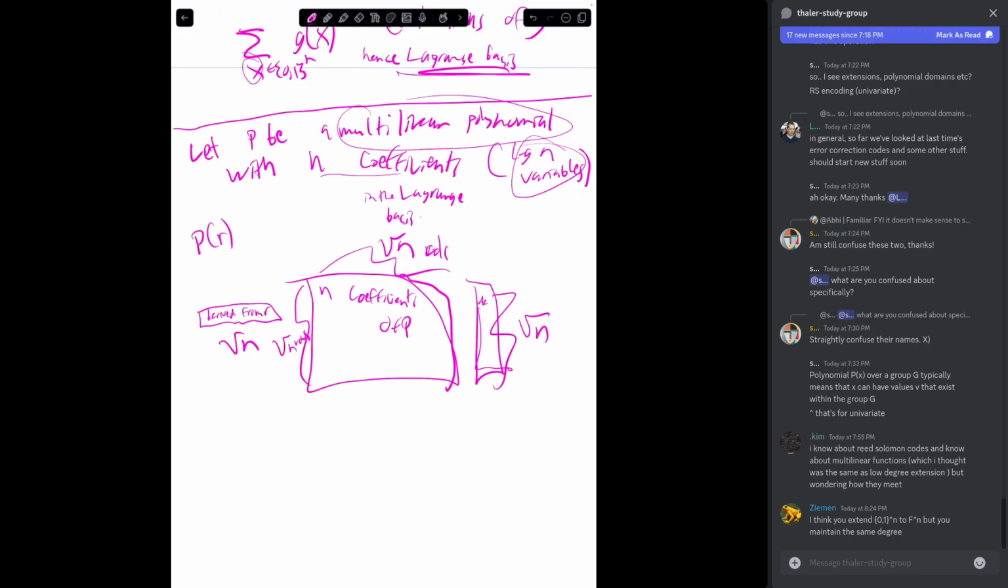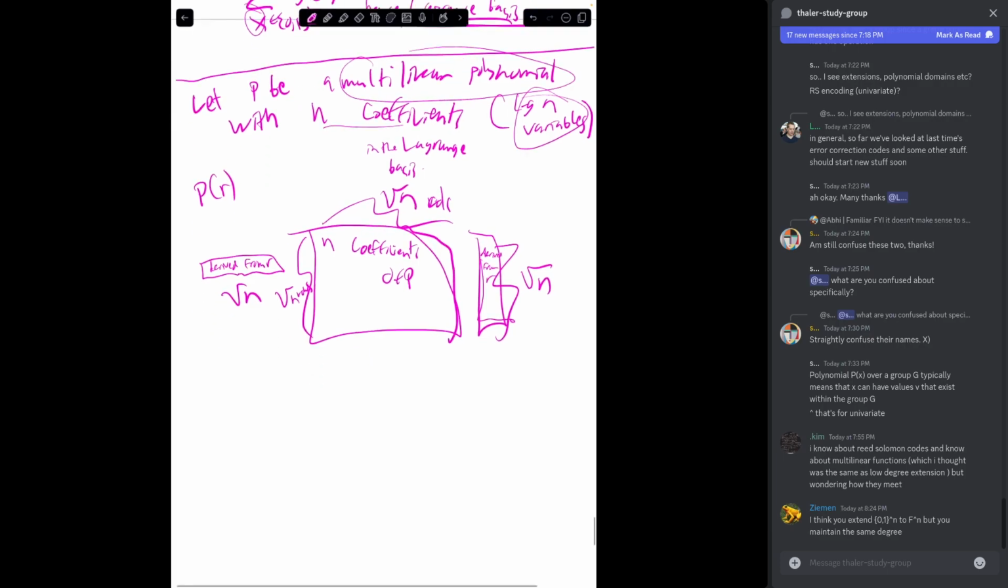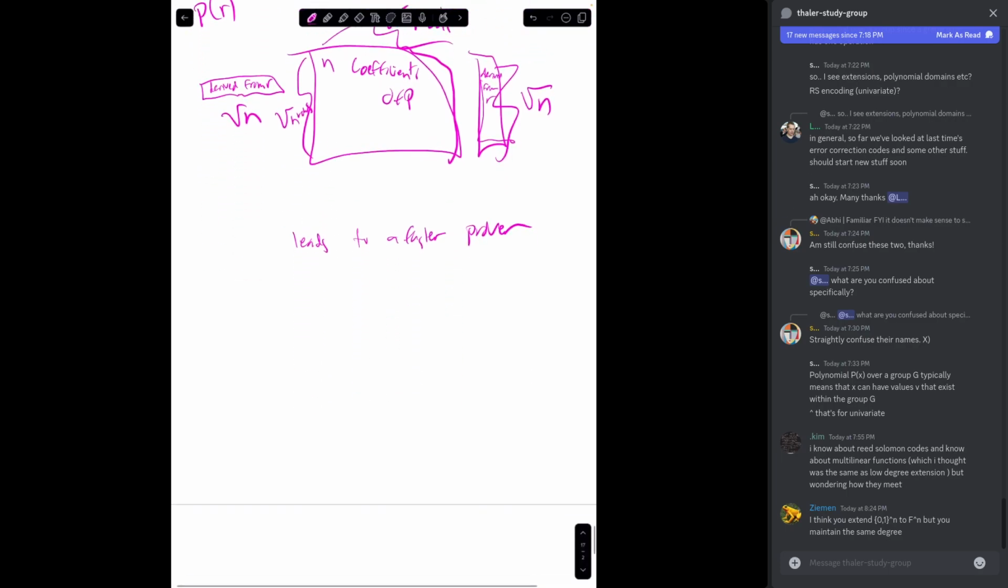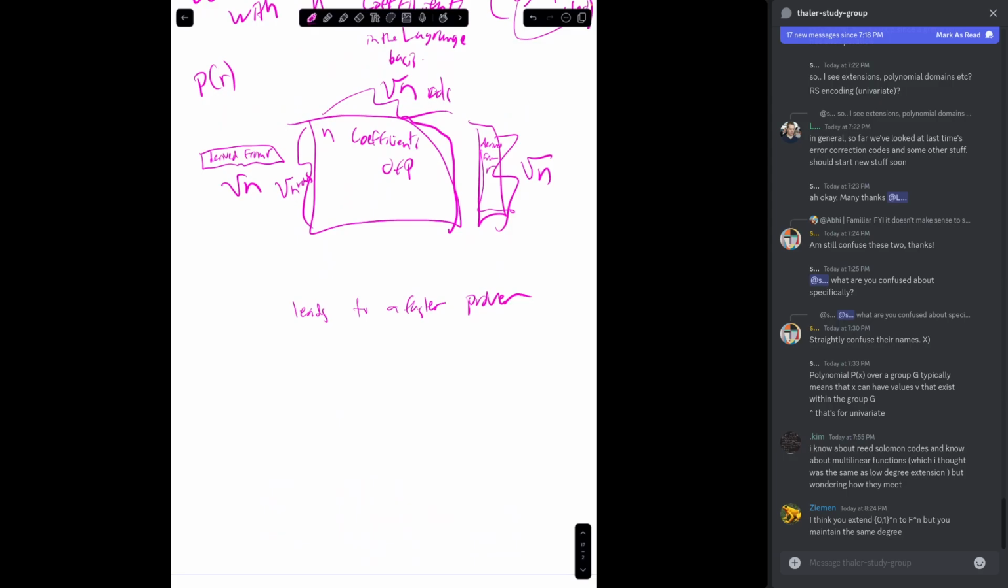Okay, and so this structure can be really important. I'd say some polynomial commitment schemes exploit this structure, others don't. But generally, if you exploit this structure, it leads to a faster prover. Okay, and so we'll get into the details of this several months from now. But anyway, yeah,